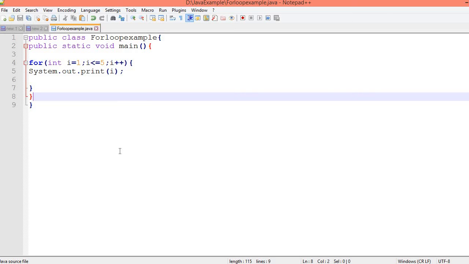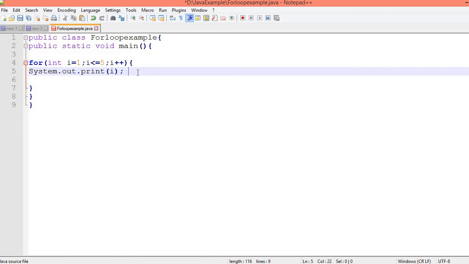Okay, first we will understand what output we are going to get. We have a for loop. Inside for loop we have initialization. Initialization is what? i equal to 1. So first I will initialize with one value, then it will check the condition. 1 is less than or equal to 5.